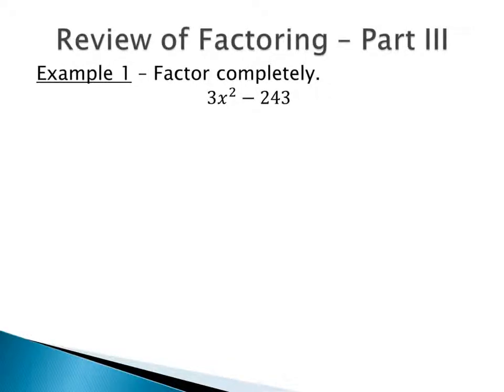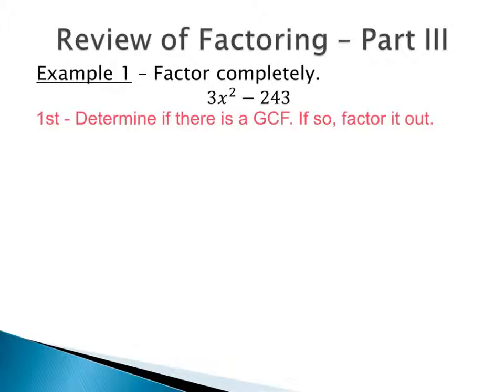In this lesson, we're going to be talking about our binomial factorings. As we can see here, we have two terms. Our first step, again, is always to find a greatest common factor if there is one. In this case, we do have a greatest common factor. Our greatest common factor is 3,